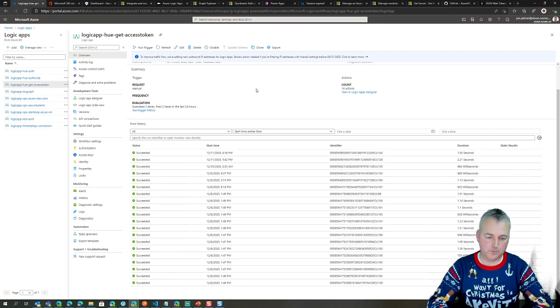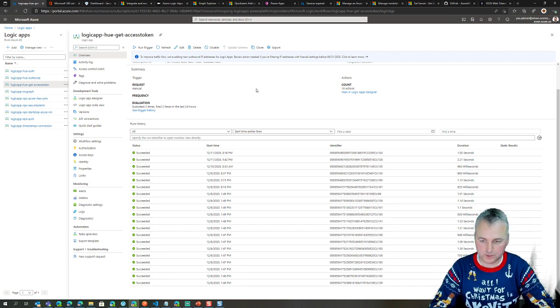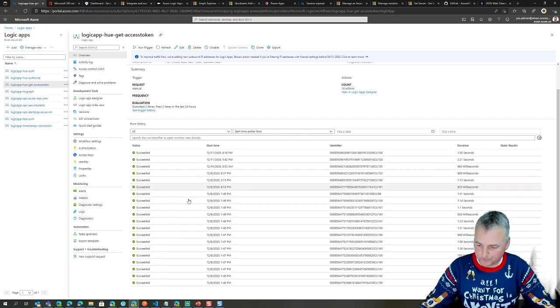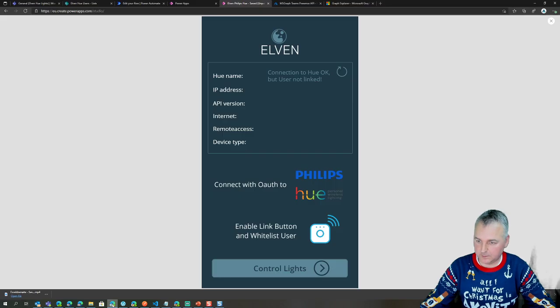Of course, you could have built all this in Power Automate as well. You can create an incoming webhook HTTP request in Flow and use that as the redirect URI from the Hue developer portal. Going back to the user side of things, first of all, I've created here a link where I can click to connect and authorize Philips Hue with OAuth. If I click on that,